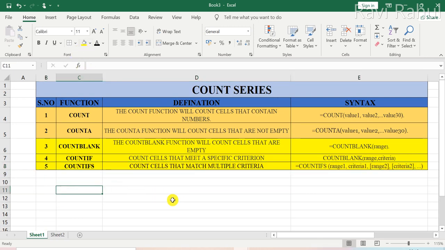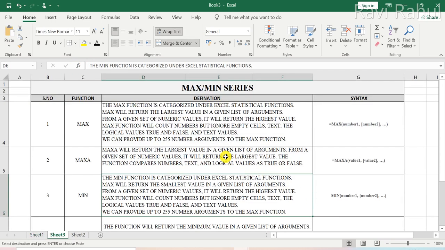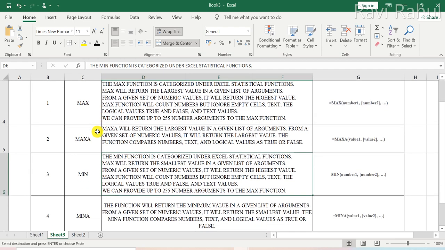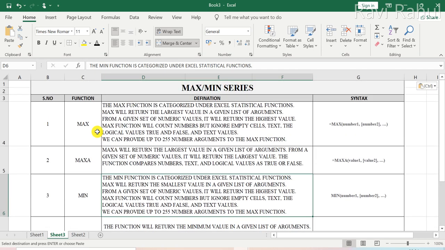Now the next statistical functions that we will be looking into are the MAX and MIN series. Right now we are in the statistical functions of the MAX and MIN series. Basically in this section we have 4 functions. Two are for the MAX function and 2 are for the MIN function.